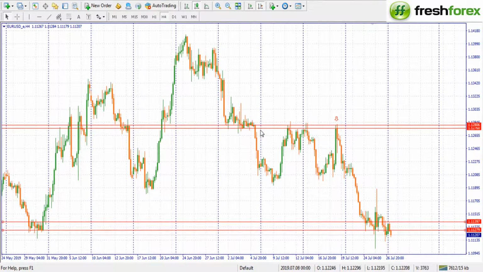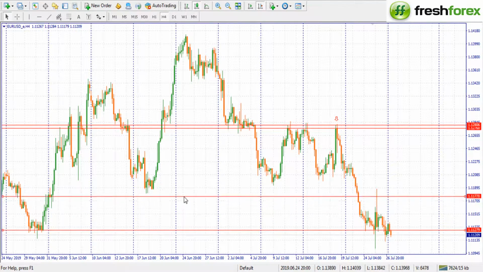So we marked this place here. This was like 2 weeks ago. We marked this level, and then we said that if price can get back up to this level, we'll pick a sell from that point. If you're waiting for this, you're supposed to be in a sell as you're speaking, or you're supposed to have taken profits already. We have also a level here,